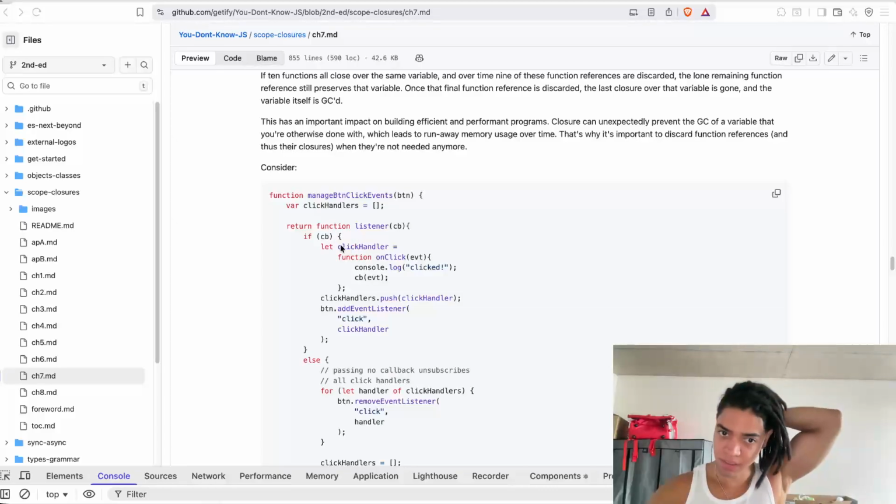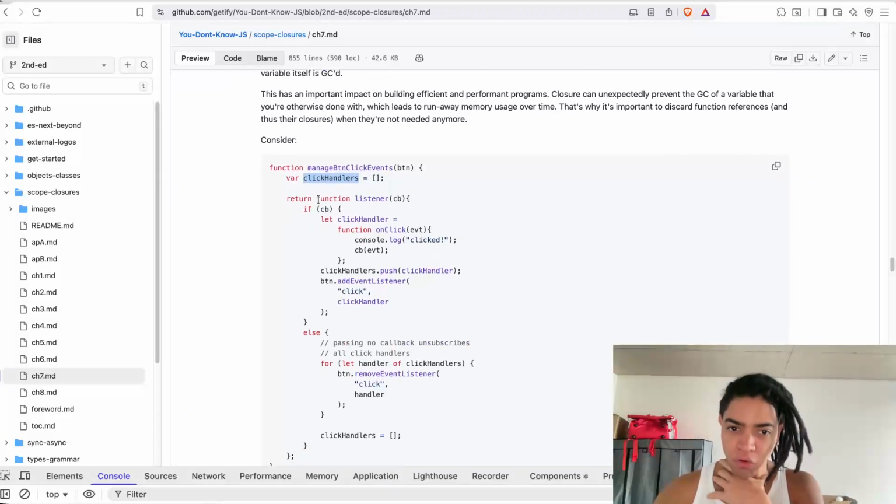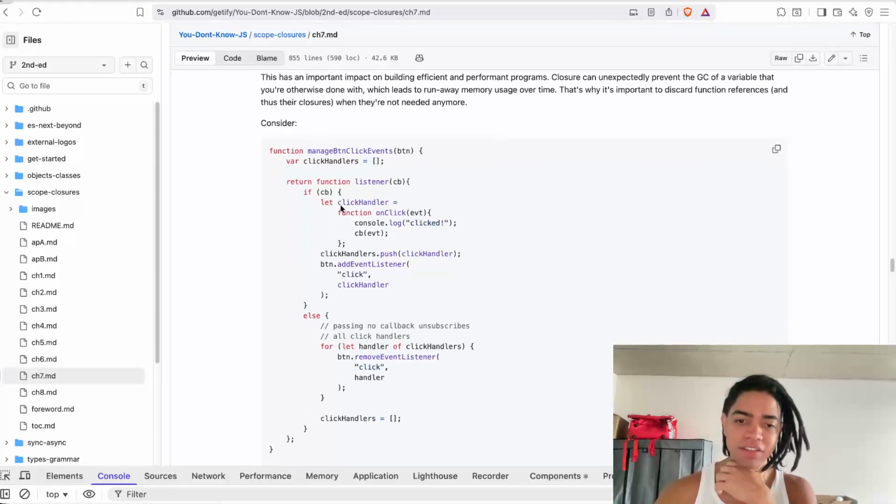If CB is this, let's add a click handler here. Function on click, console.log click, callback event here is here. So here we are now creating a variable with click handlers, a collection of them. So we're going to return this function called listener that receives a callback, and it says, hey,